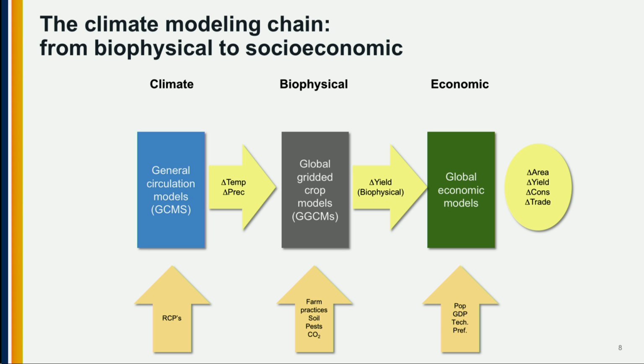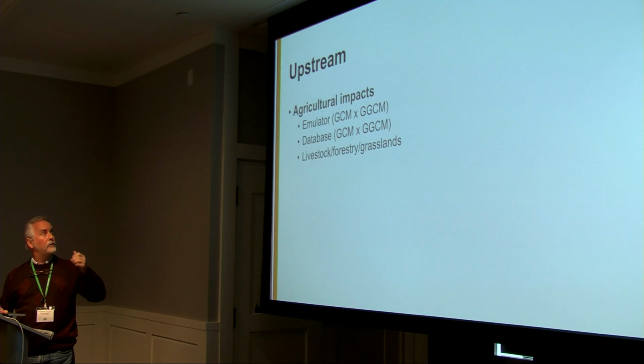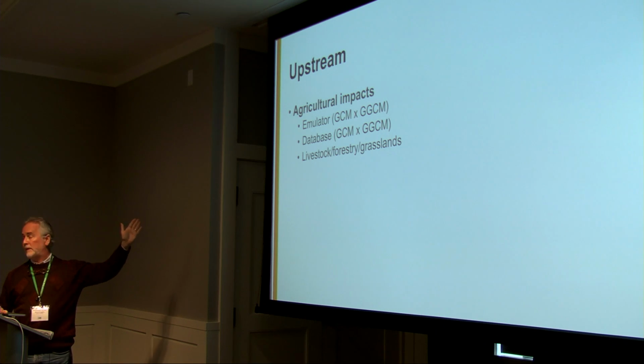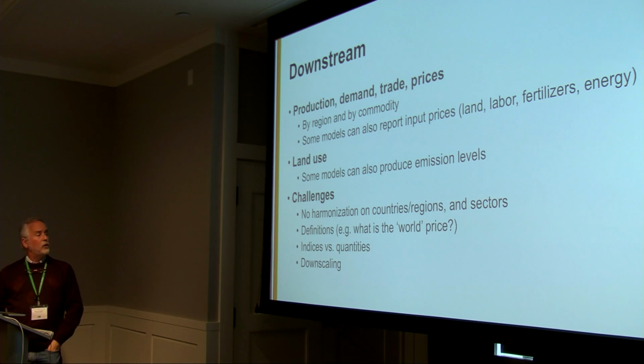You've seen this graph. So these are the linkages: the upstream, the climate signals, the signals on crop yields, and then the global economics. We produce the change in area, yield, consumption, and trade. Some of us do nutrition as well, and there are other indicators. I'm not going to go through this, since Christoph handled most of it, and we can talk more about how we can better coordinate there. On the downstream, we've already gone through most of these indicators.